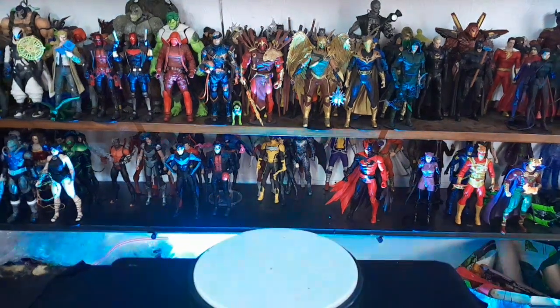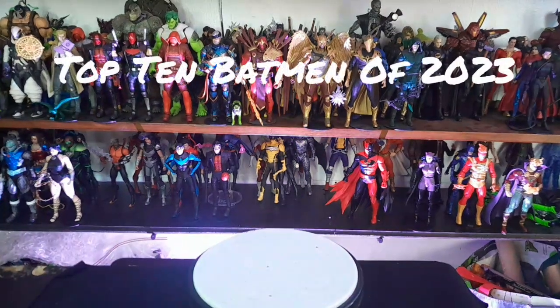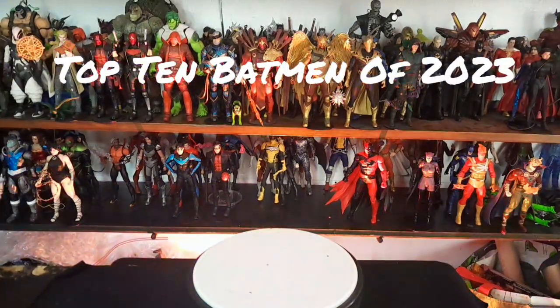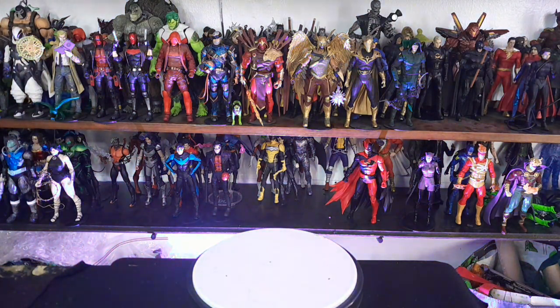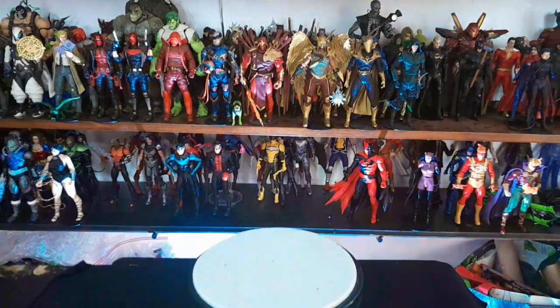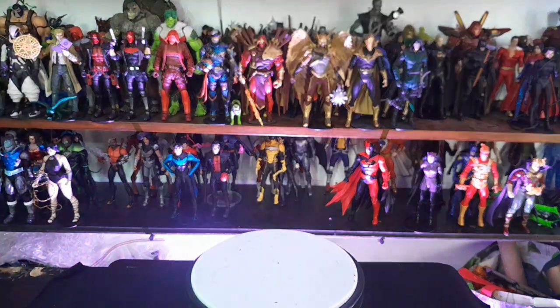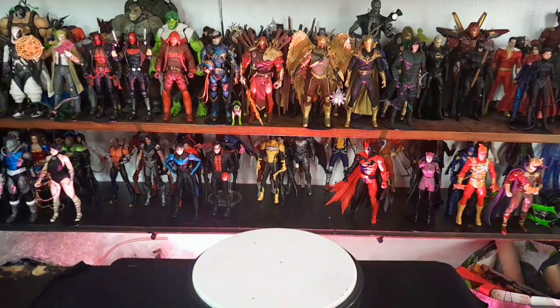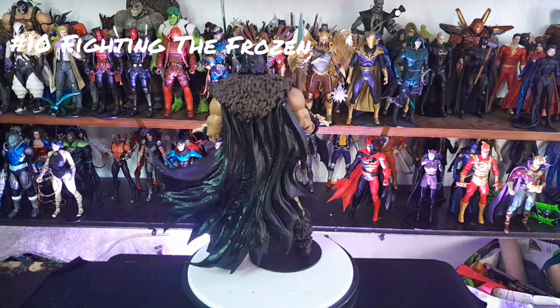It's that time of the year where we say, what are the top 10 Batman figures of 2023? So we are going to get into this. This is my personal top 10. I would like to know your top 10 if you have a top 10. Even if you have a top 3, what are your top 3 Batman in your collection? Remember, the ones that came out this year. Let's get into it. At number 10, from the prehistoric era, we have Batman fighting